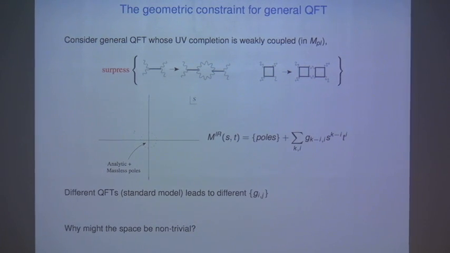If I can suppress my massless cut, then the 4-point function in the complex S-plane around the origin is just going to take this simple form. It's going to have some massless poles, and it has some expansion in terms of small s and t with some non-trivial expansion coefficients. These are basically the coefficients associated with the higher dimension operators. So different quantum field theories in this language are translated into the different numbers that you can have for this set of coupling constants.